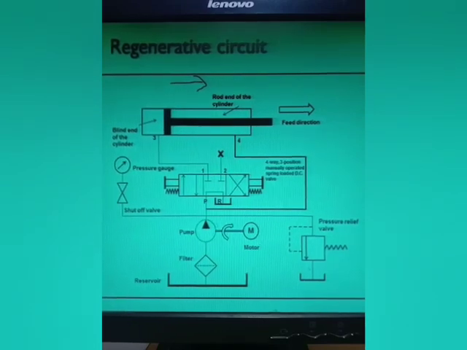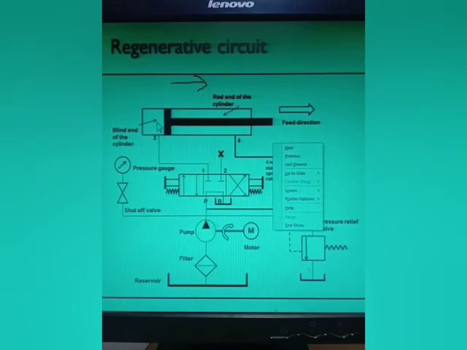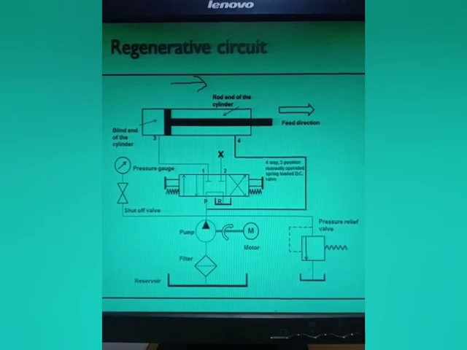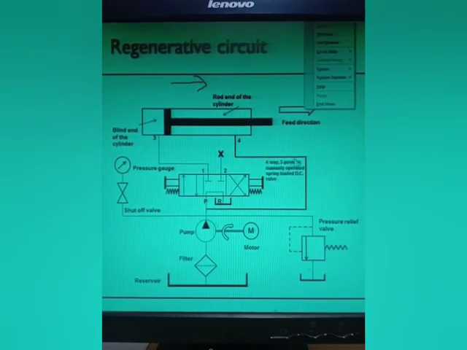So instead of increasing the capacity of the pump for increasing the forward motion of the actuator, I am using the oil coming from the actuator. So this is the actuator, and when oil goes from this port, it will move in the forward direction, and from the other end, which we generally call the B end, the oil will come, and that oil, instead of going to the reservoir, I am adding again to the pump line, right?